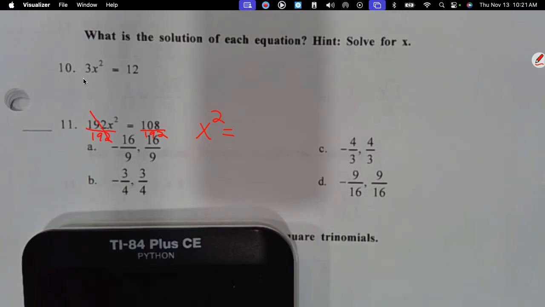Okay, put 108 divided by 192, math, enter, enter. And what is it? 9 over 16. Now, almost done. I see those answers and I'm thinking that's my answer, but am I done? What do you do next to finish solving for x? Square root both sides. When you square root it, it becomes plus or minus